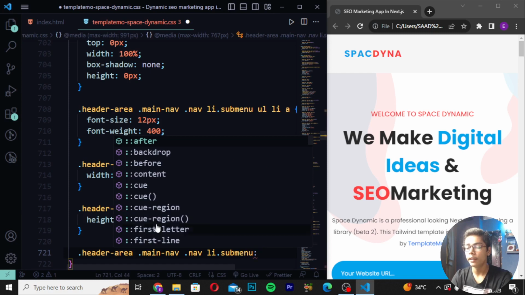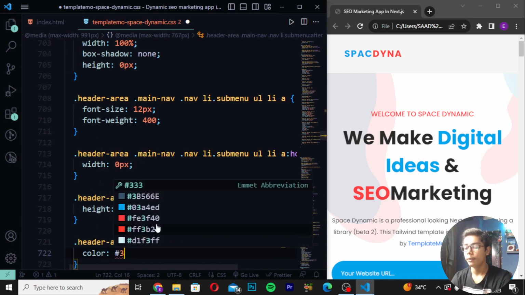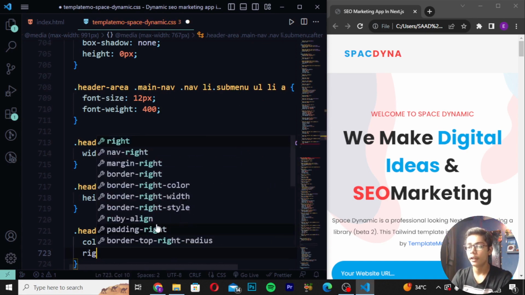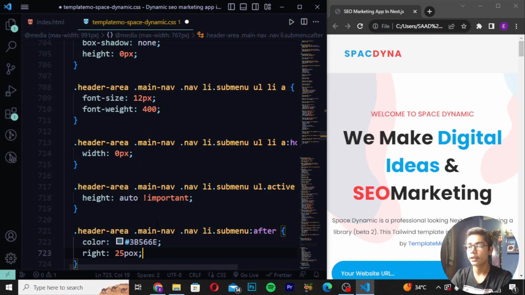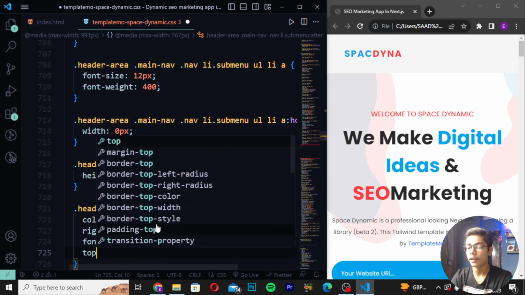be now just writing here colon after and then here I will be writing color 3B566E. Then you have to move down and create right, and right should be 25 pixel. And then when you have written all this stuff here, you have to now write here font size. So here I will be now setting its font size to 14 pixel and I will be writing top 15